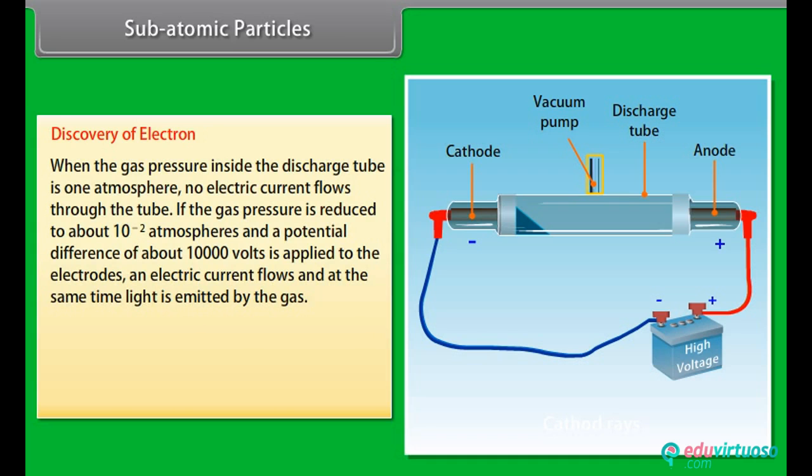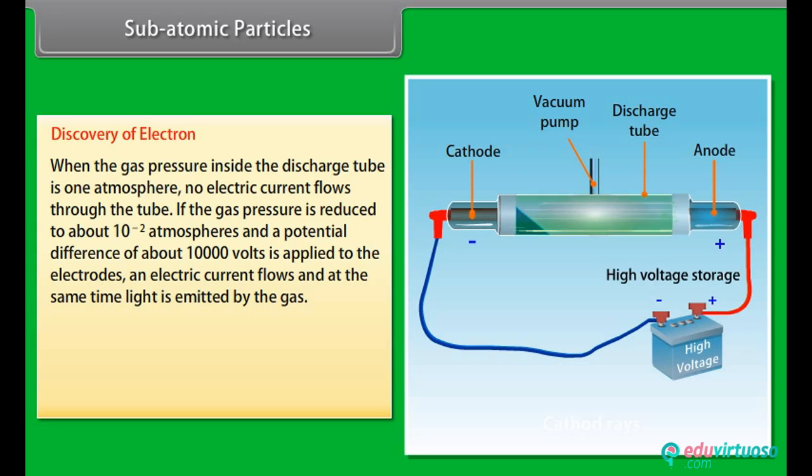When the gas pressure inside the discharge tube is 1 atmosphere, no electric current flows through the tube. If the gas pressure is reduced to about 10^-2 atmospheres and a potential difference of about 10,000 volts is applied to the electrodes, an electric current flows and at the same time light is emitted